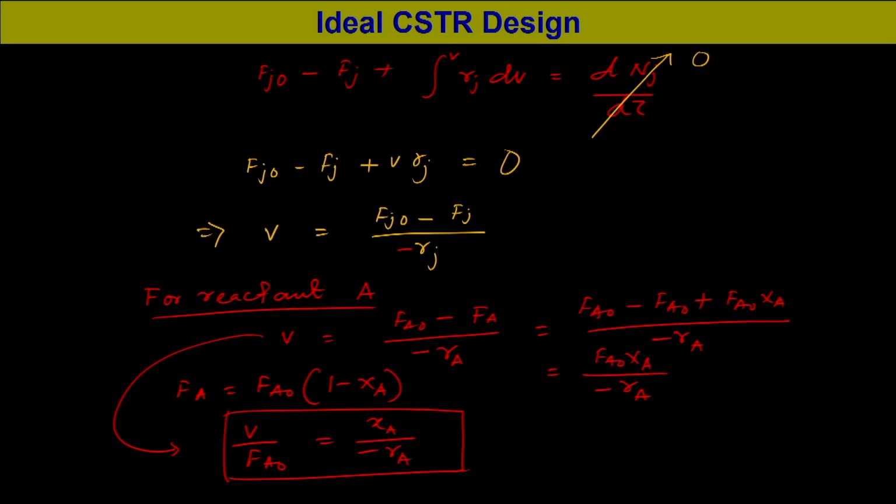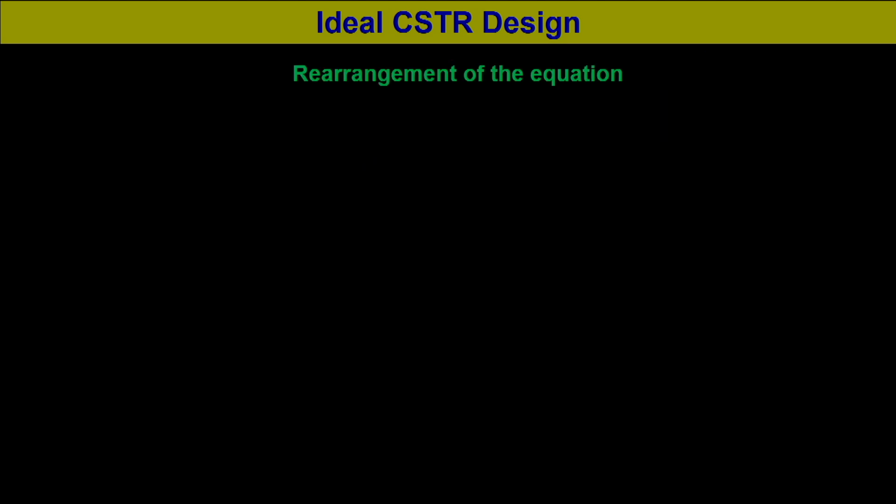So, now if we rearrange this equation, then we can write V by F A naught would be equal to tau by C A naught, which is equal to d x A divided by minus R A, which is equal to x A by minus R A,